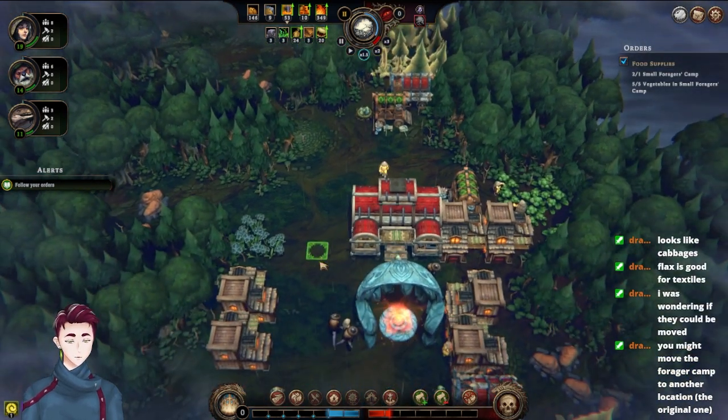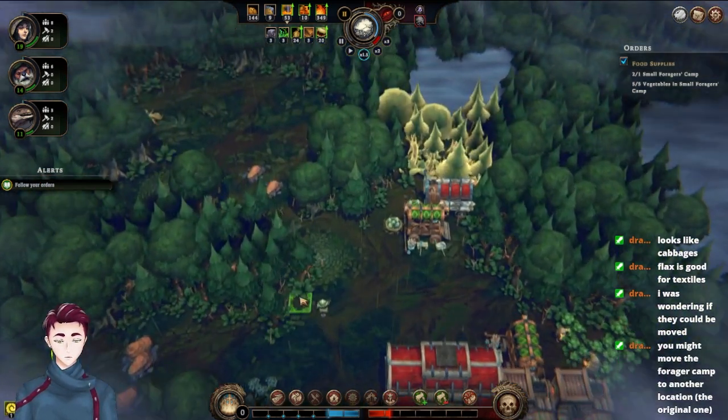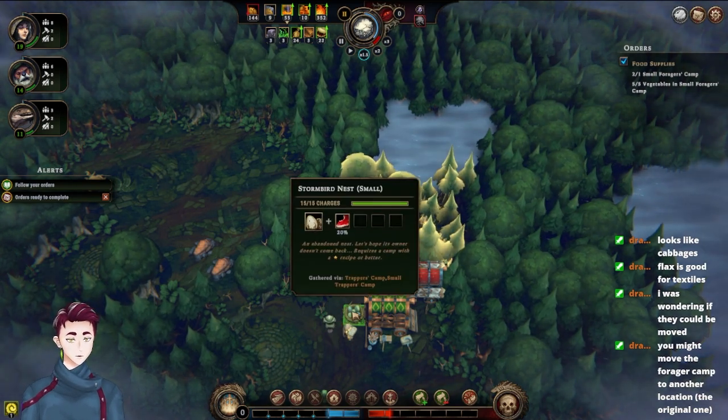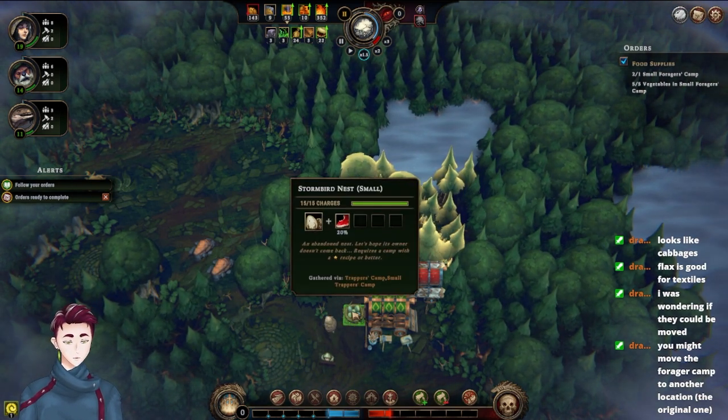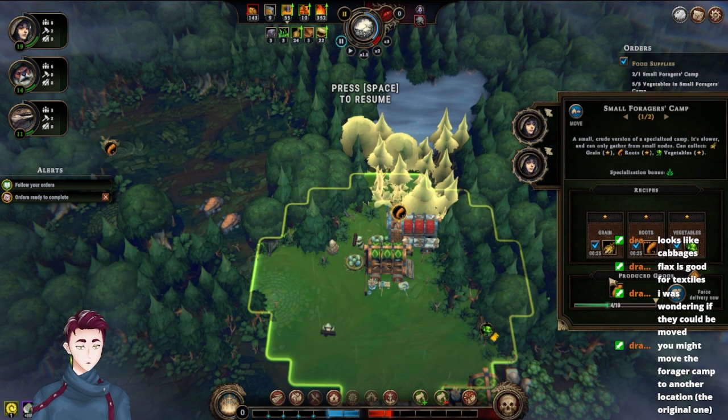There. Okay. Might move the forager camp to another location, the original one. It's still working on these eggs, I think. Order's ready to go. Okay. Yeah, I'm pretty sure this is working on collecting...